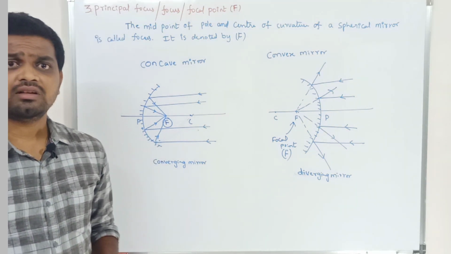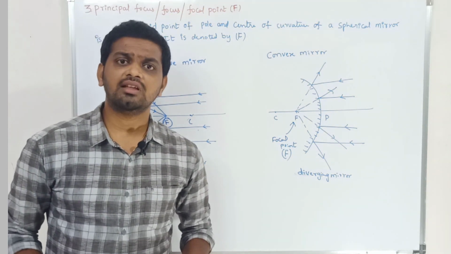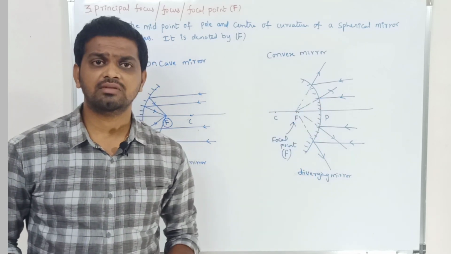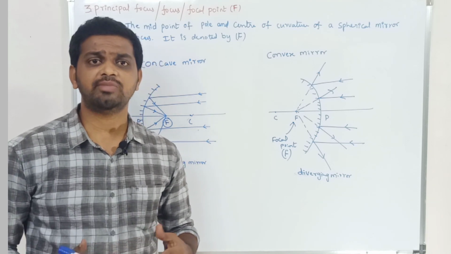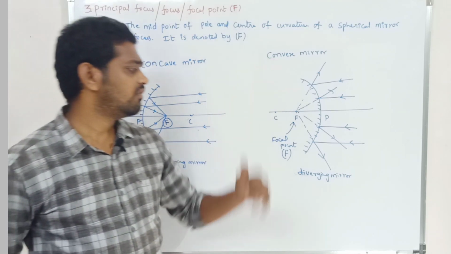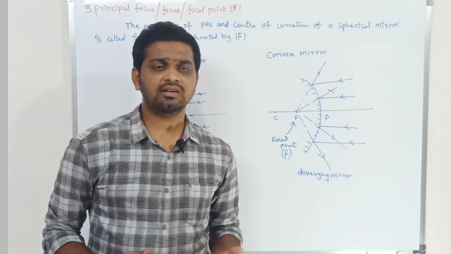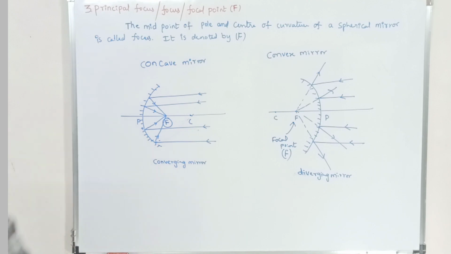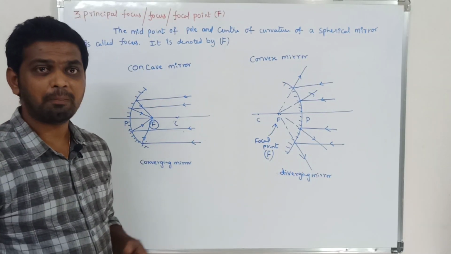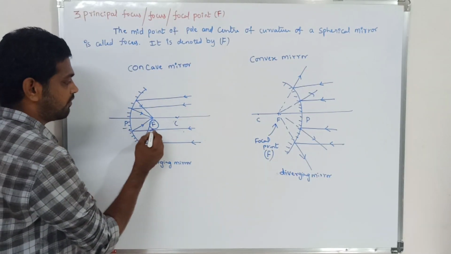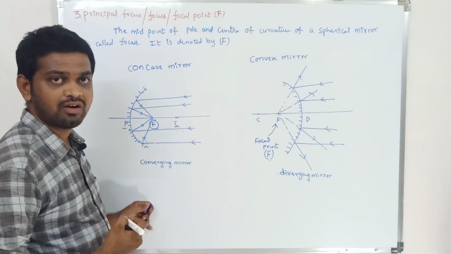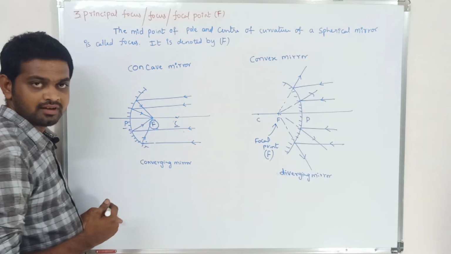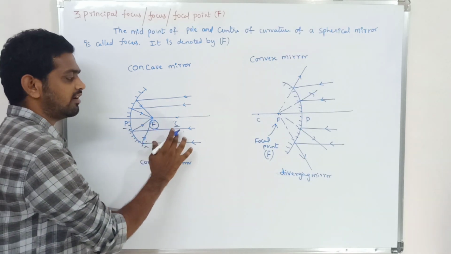What is the converging mirror? Concave mirror is the converging mirror irrespective of the medium surrounding it. Coming to the convex mirror, it is a diverging mirror irrespective of the medium surrounding it. Is it clear, children? Yes. If you observe the points of pole, focus, center of curvature in case of a concave mirror, nothing but a converging mirror, they lie outside the mirror. Clear? So they will lie in front of the mirror.